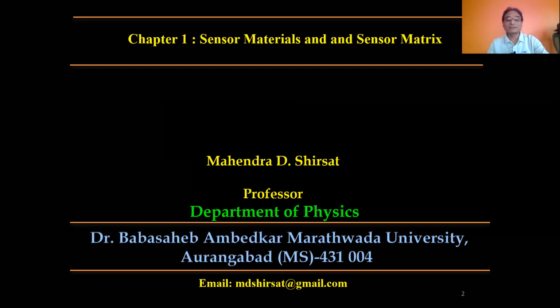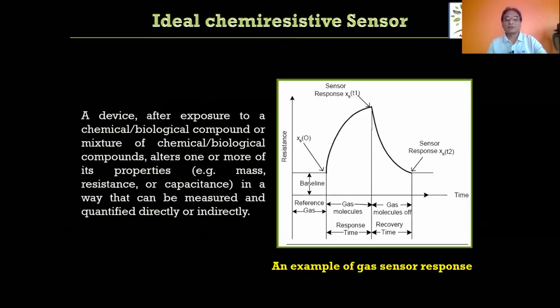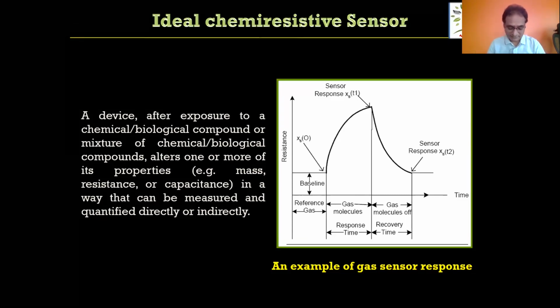As I told you, there are 4 chapters. Today we are going to start the first chapter, sensor materials and sensor metrics. Before I start the first chapter, I'm going to tell you about the ideal chemiresistive sensor. As I mentioned earlier, this is about sensor modality. I hope in fundamentals of sensors you have seen there are different sensor modalities